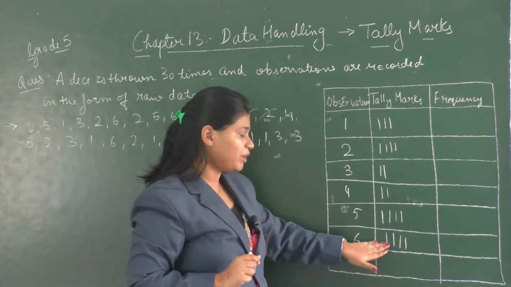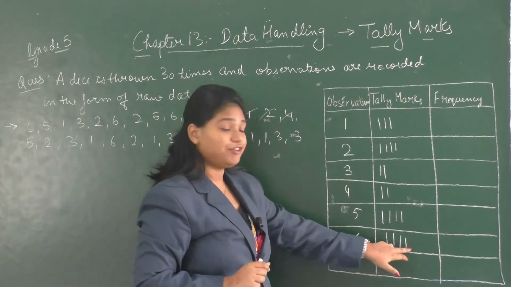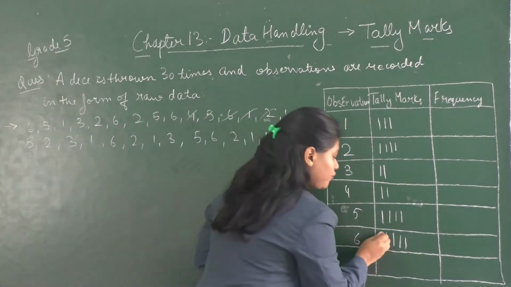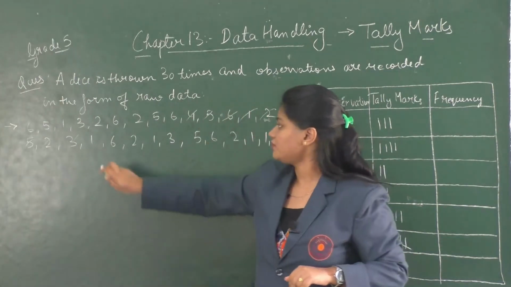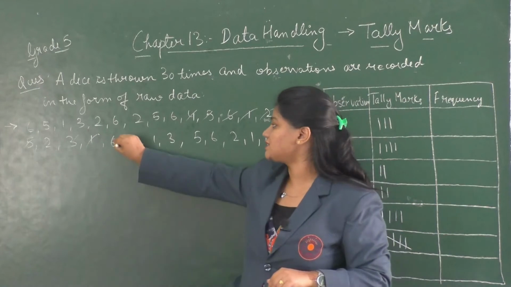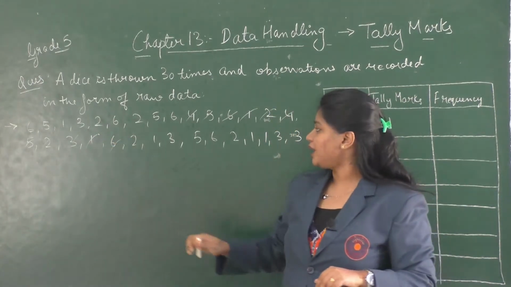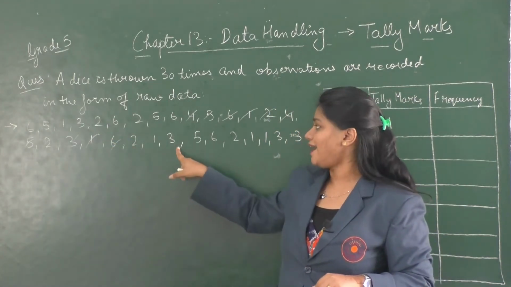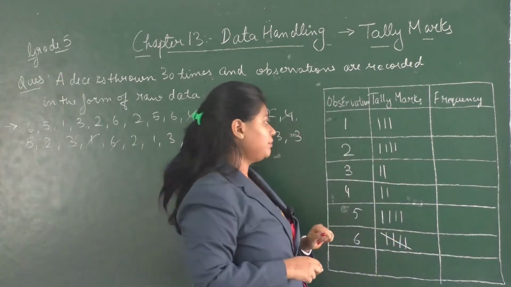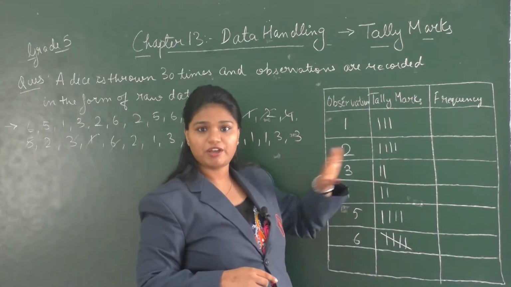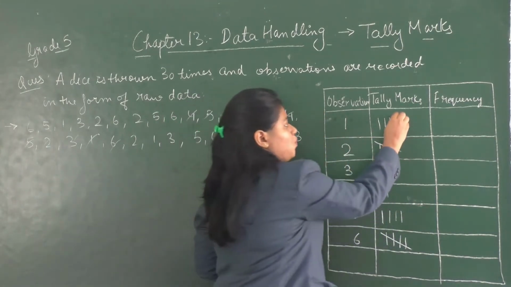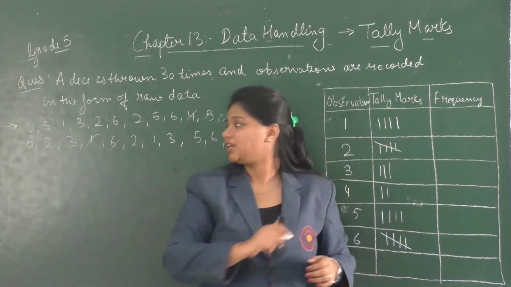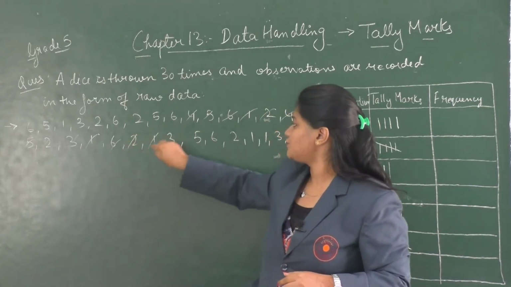Now notice here we have 4. 1, 2, 3, 4. So the fifth tally mark will be formed diagonally, cutting the previous 4. So let's cancel 1 and let's cancel 6. Next we have 2, 1 and 3. So we will add the tally marks. So against 2 we see here we have 4 marks. So we will cross 2, 1 and 3. So let's cancel these digits.